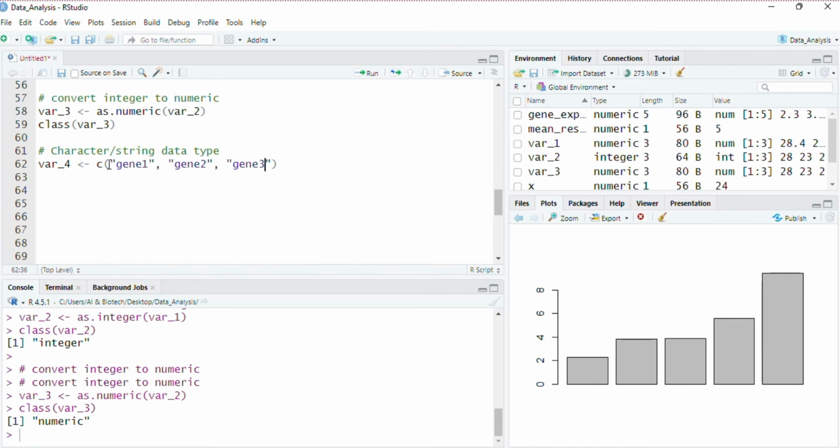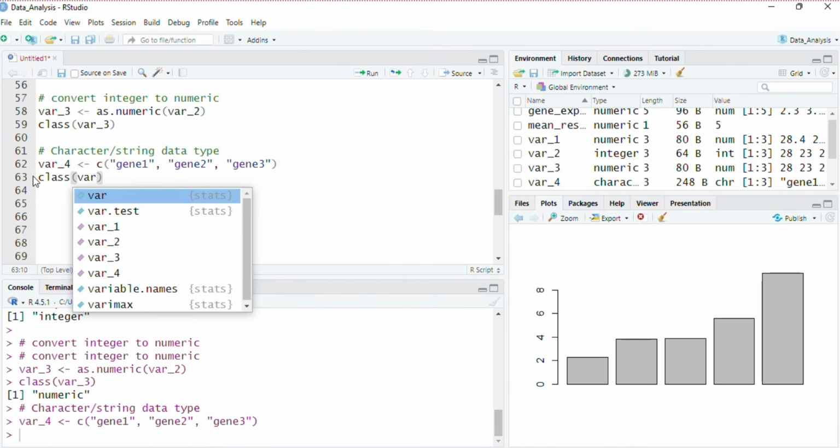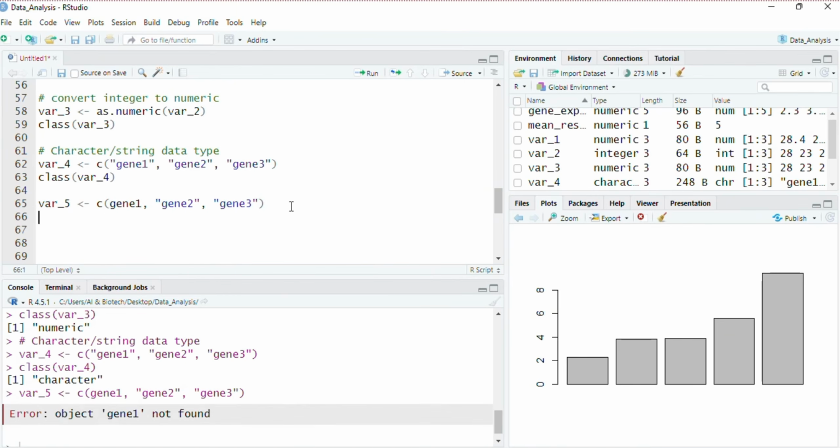Let's check the class of this character variable. If we don't add the quotation marks, R considers them as a variable name. Let me create this and run this line of code to show you the output. So here R throws an error: object gene1 is not found.